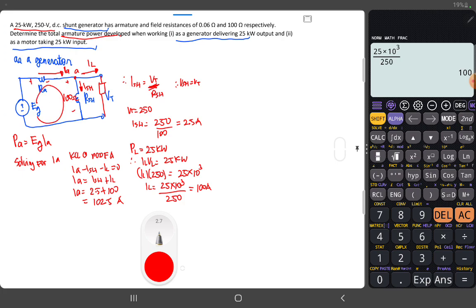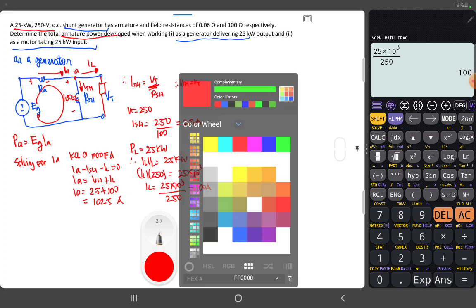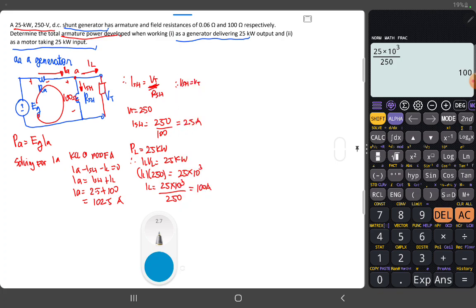At this mesh, KVL at mesh 1 will have negative EG plus VA, or the voltage drop of the armature conductors, plus VSH. But it is further mentioned that our VSH is equal to our VT. So our VA is of course equal to